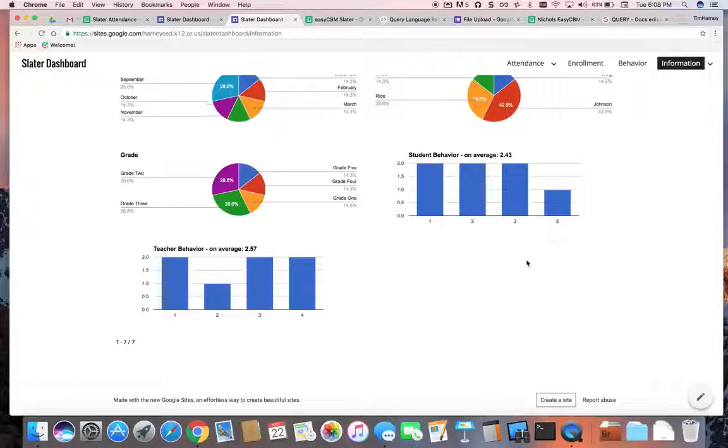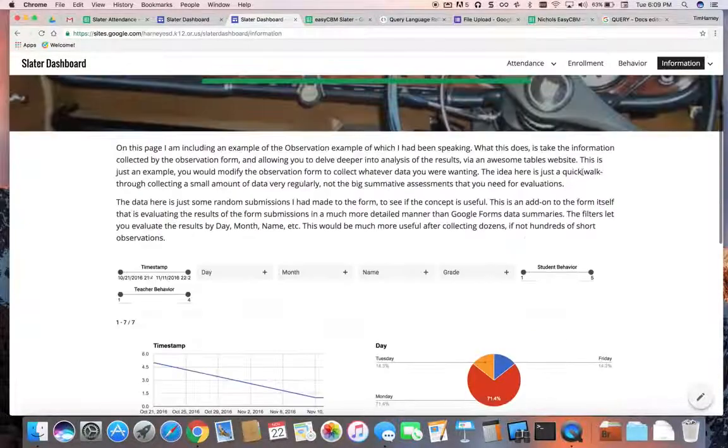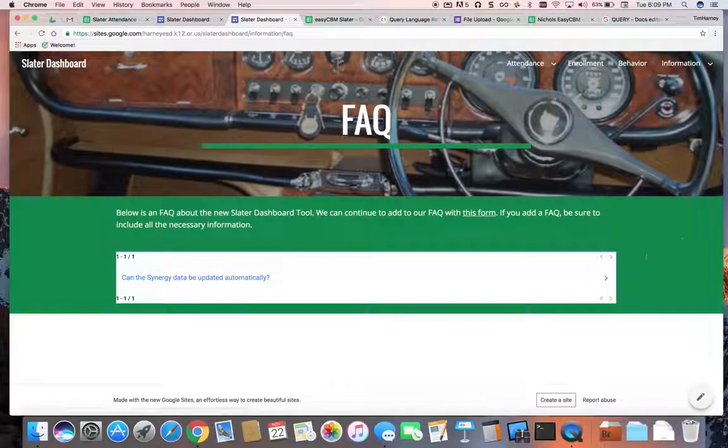Real simple. Hey, an administrator pokes their head into the door. They look. This is basically just a Google form using Awesome Tables, kind of delving into the actual data that's generated a lot deeper than Google does it. And then I also on this website have added an FAQ sheet. Again, this is another example of an Awesome Tables demonstration where this is an FAQ, and what's nice about this